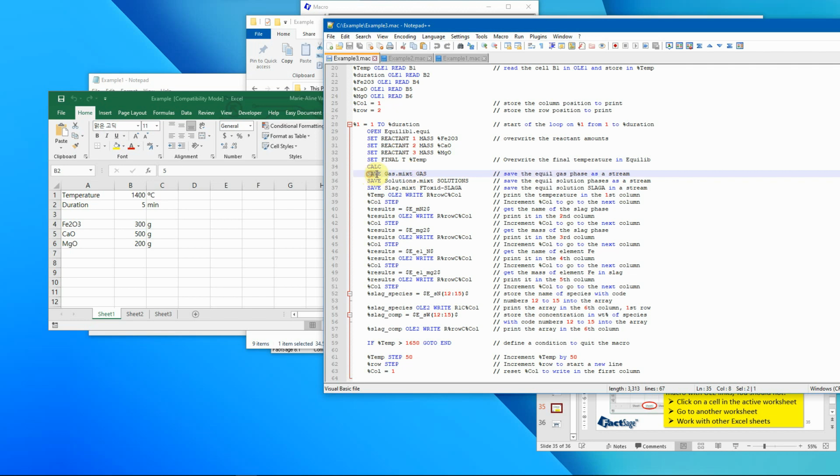And then we can save the results or save the output into different streams, just to show how to create streams, basically. So this command save will create a stream named gas.mixed inside the folder. And then this label will say that all the gas species will be stored in that mixture. And then we can also create another stream called solutions. Then we have to specify the